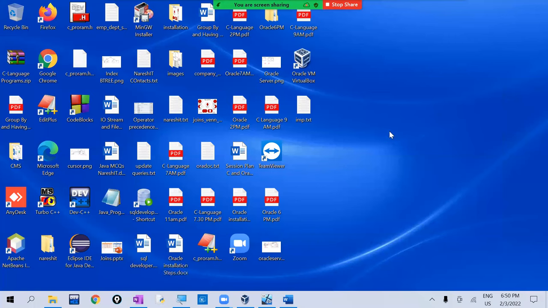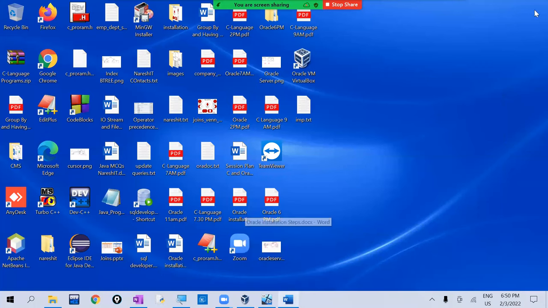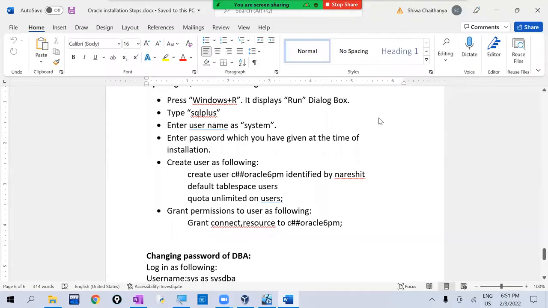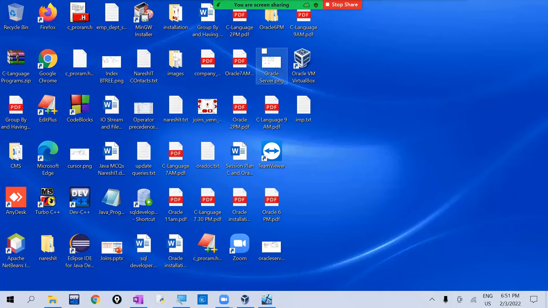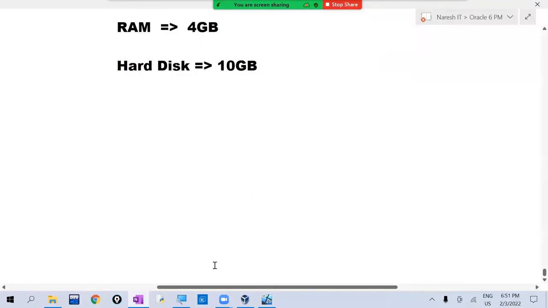In the notes link, I provide this number. If software installation fails while you are installing, you can contact that number and take guidance from that sir. So this is about software installation. After installing the software,